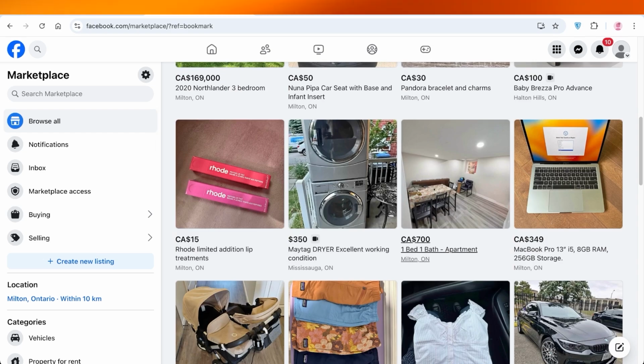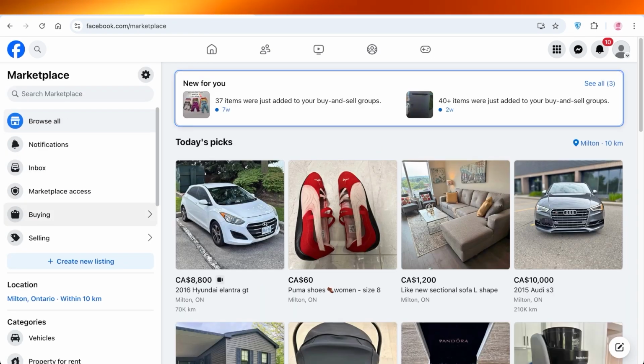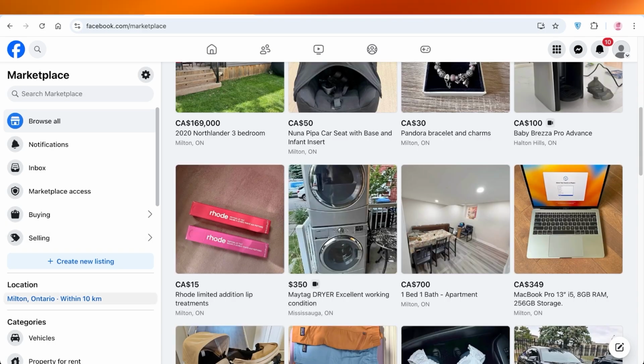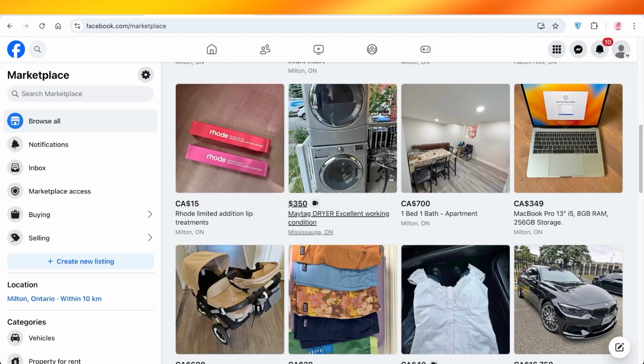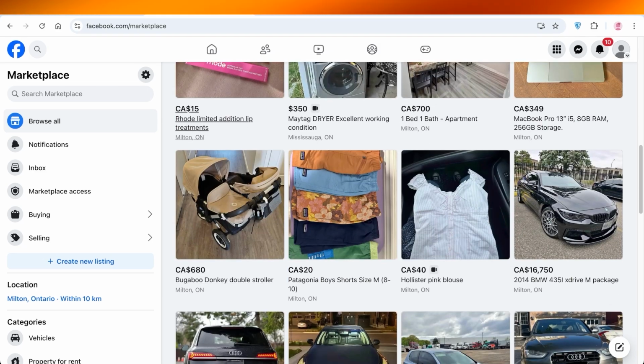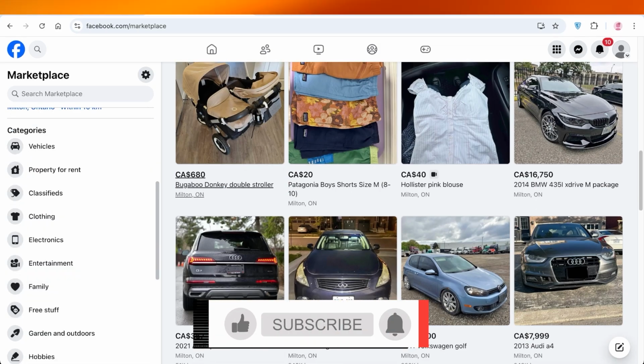Once you click on Marketplace, you can go into the buying tab if you're looking to buy, and you can go into the selling tab, and you can click on Browse All to browse the products. On the bottom left, you will have the option for location, so you can select the location and the radius around which you're looking to purchase items. So you can put a specific location and choose the radius, because obviously sometimes you're going to have to do your own pickup, you're going to have to meet the seller halfway, something along those lines. So for that purpose, choose a distance that you're comfortable traveling with, and then you can search in different categories and look for